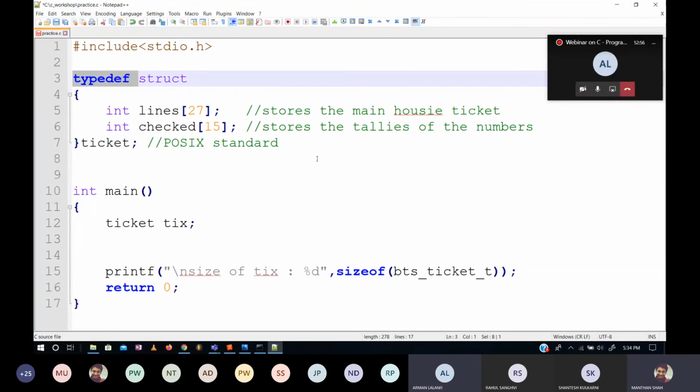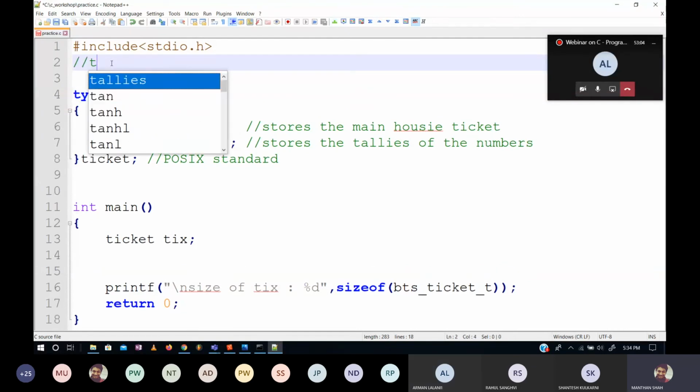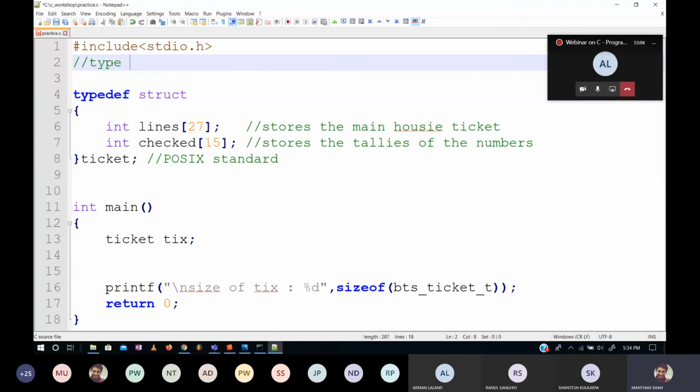Alright. Apart from that, there are many limitations in using the preprocessor. For example, there is something known as type checking. If you give the address of a float to an int star, it gives a kind of warning, right? So how does that happen? Your compiler is actually checking the types of the input and your variable. If you use the preprocessor, it does not do that. It does not do type checking, whereas the compiler does. So that's why you should use typedef instead of macros. Okay, got it. Yeah, thank you.